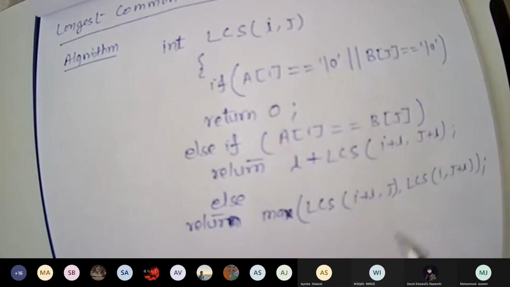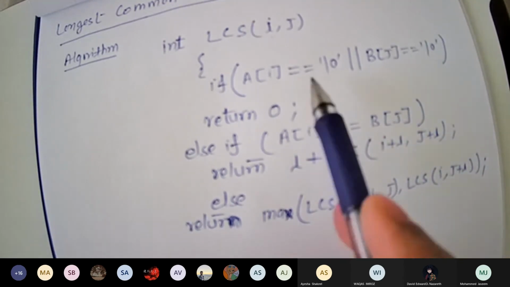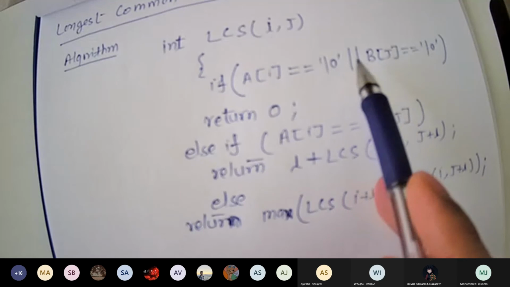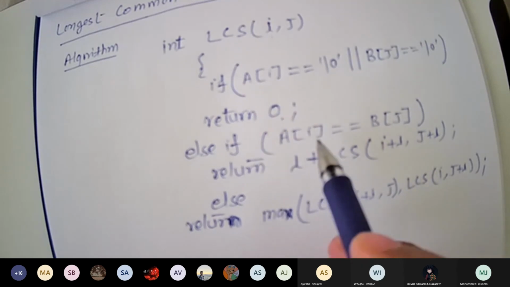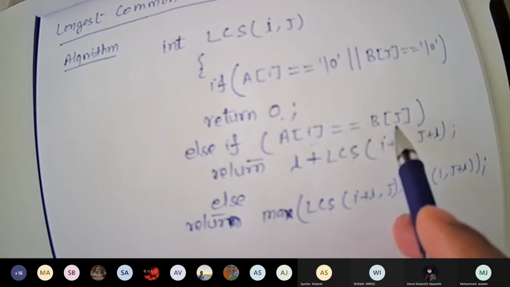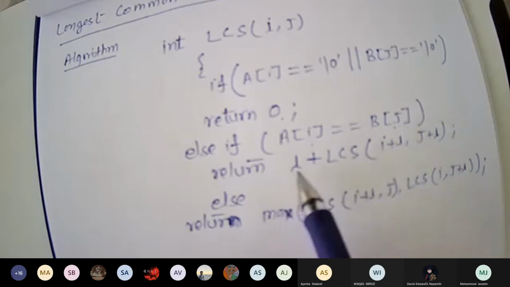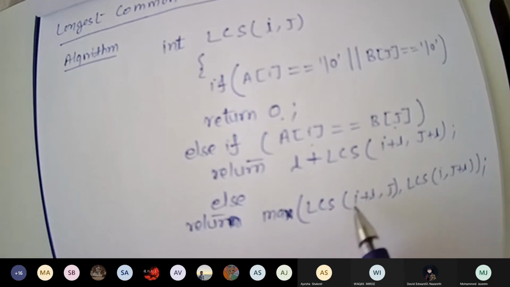So this will be in both strings. If you have reached the end, then you will return value 0. Else if the value of a of i and the value of b of j are exactly the same, then you will return 1 plus LCS(i plus 1, j plus 1). Else return the maximum of LCS(i plus 1, j) and LCS(i, j plus 1).